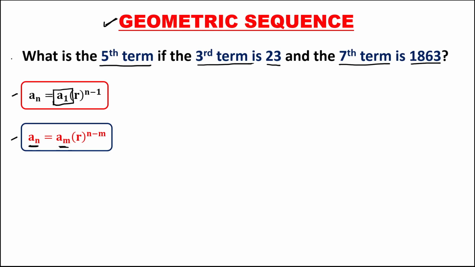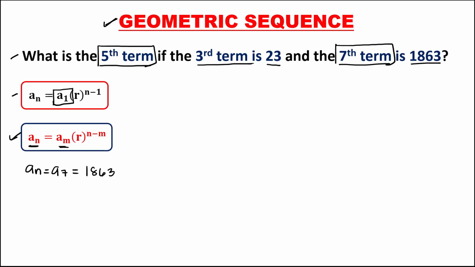So for this problem, to solve for the fifth term, from this formula we have a sub n. Since a sub n is the last term, and on this problem the last term is the seventh term, this is equal to a sub 7,